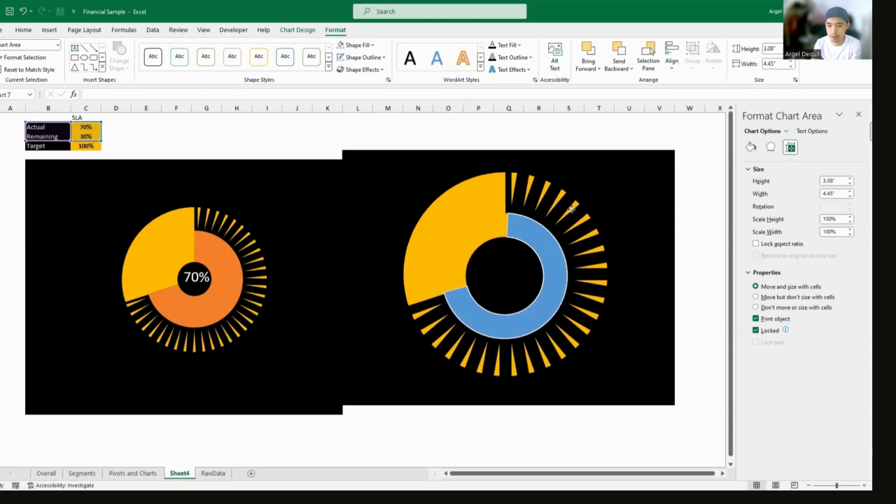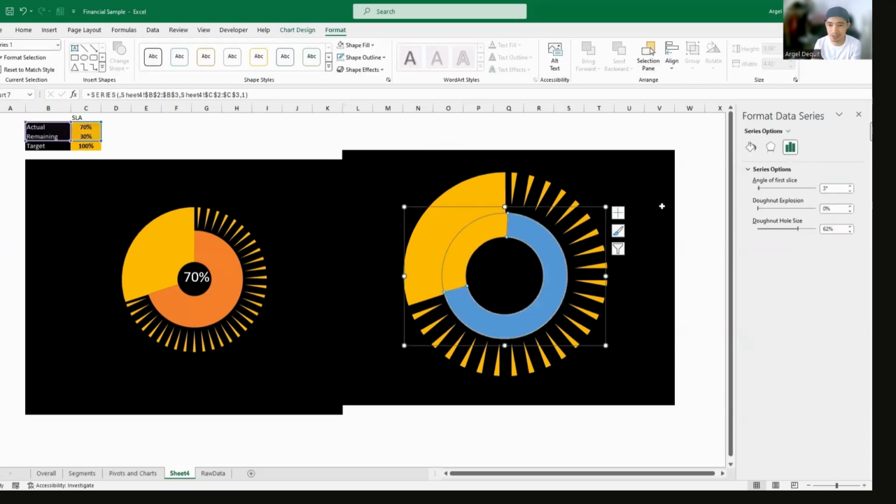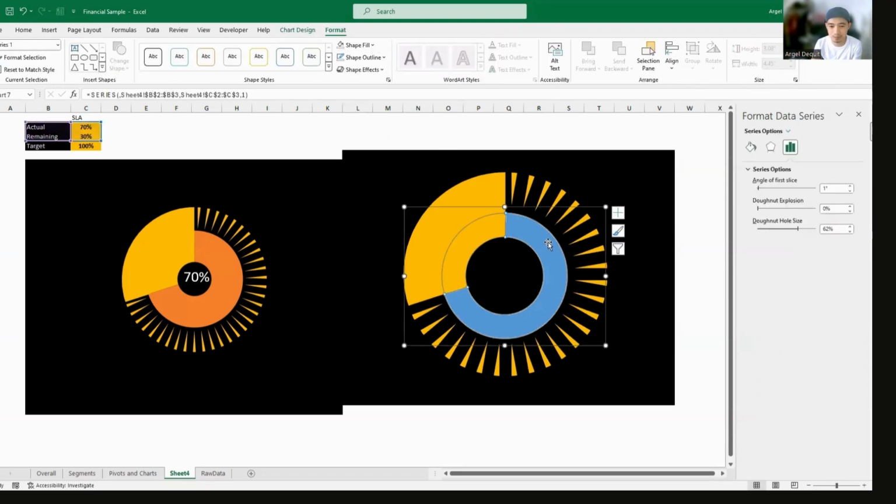Okay, so let's do that for now. Again, we're not perfect, but let's try to replicate this as much as possible. Adjust the angle size, I guess. Oh, there you go. Okay, perfect. Nice.